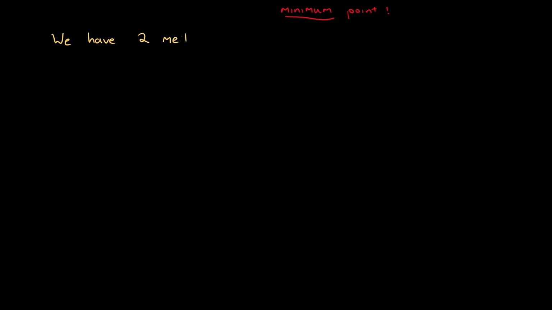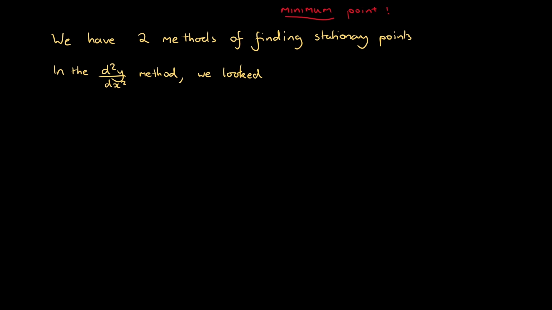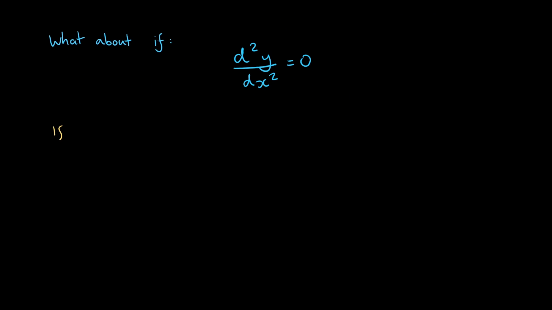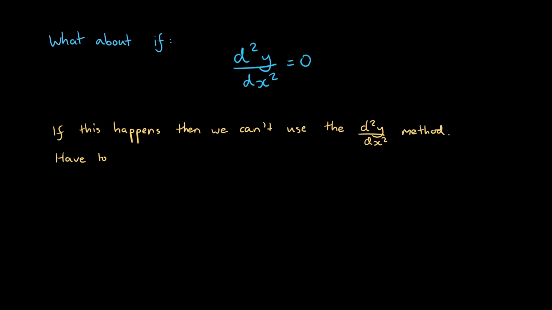So we have two methods of finding stationary points. And with the second method in particular, we have that if the second derivative is negative, then it is a maximum point, and if the second derivative is positive, then it is a minimum point. But what would happen if the second derivative is equal to 0? If this actually happens, then we cannot use this method, and we have to use the method of nearby points,